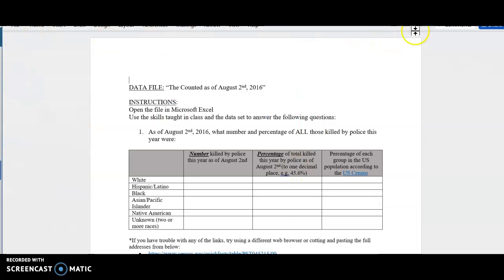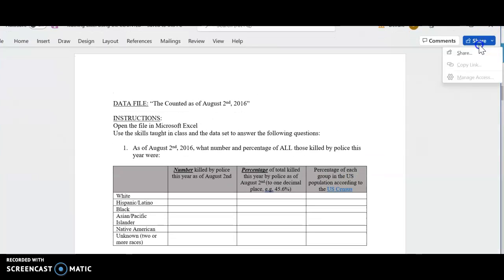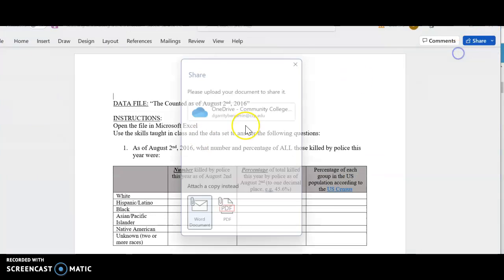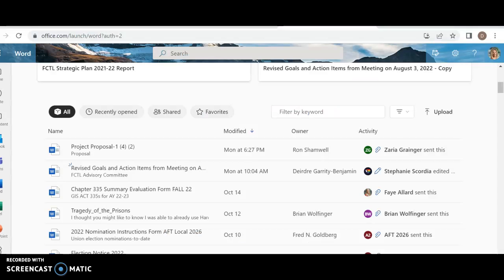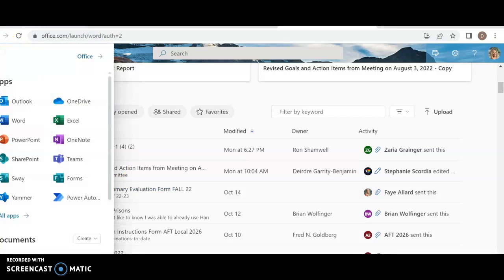If that's not the case, you can go up here. You can go up here to share, right? And you can share this with yourself, and you can share it to your OneDrive. If you share it to your OneDrive, then you can actually open it in OneDrive. So instead, you would click here, and instead of going up here